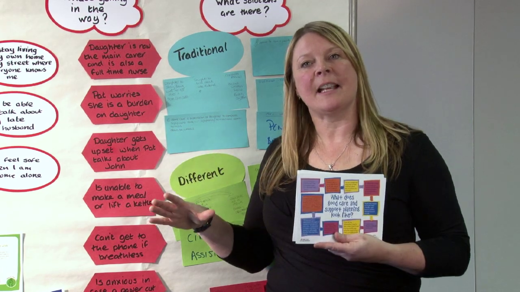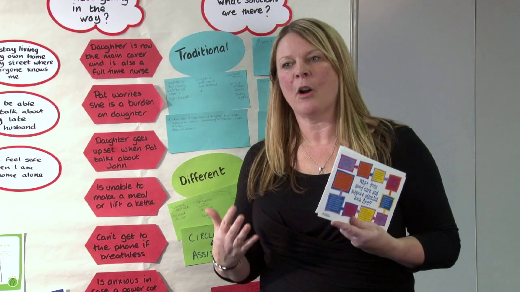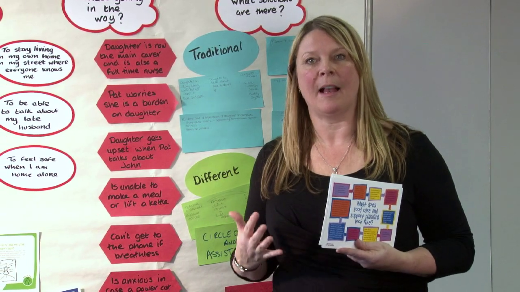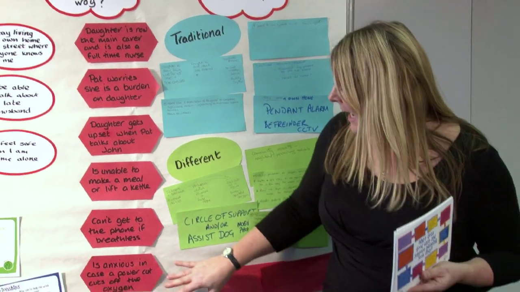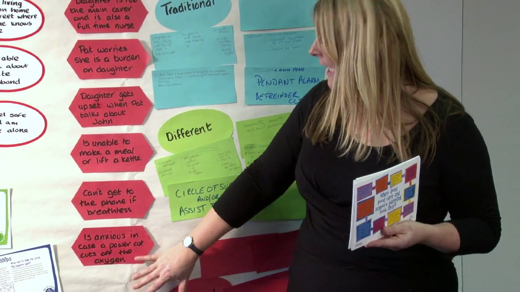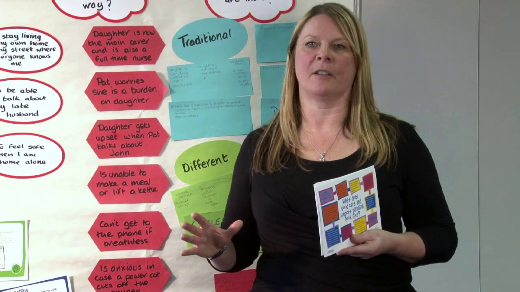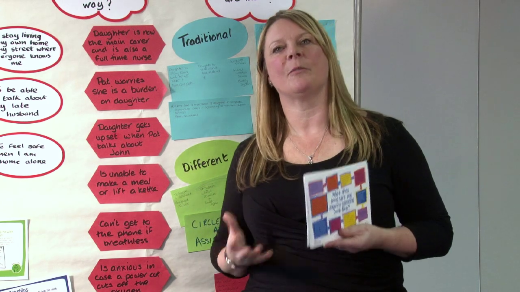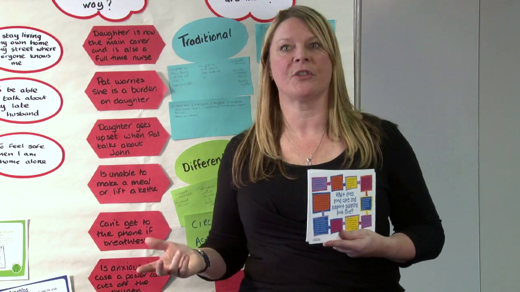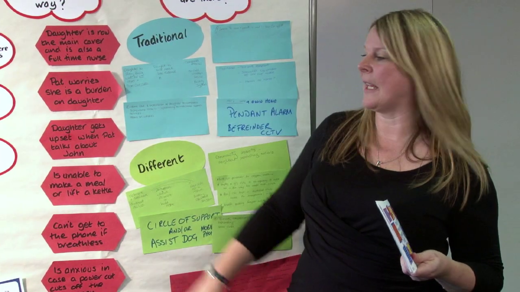If there was a crisis, she couldn't actually get to the phone because she'd become breathless. So if there was something going wrong, she was likely to be more unwell and less likely to be able to get help. So she couldn't get to her phone, and she got really anxious consistently in case there's a power cut, because she had COPD, she was hooked up to a 24-hour oxygen machine, and she'd experienced some power cuts, and it had been a really difficult time for her. So these are some of the things that were getting in the way.